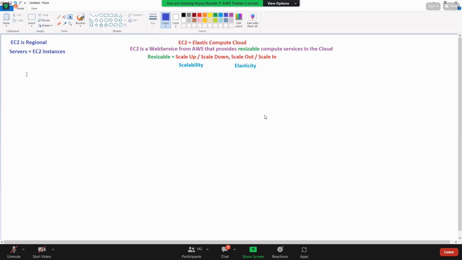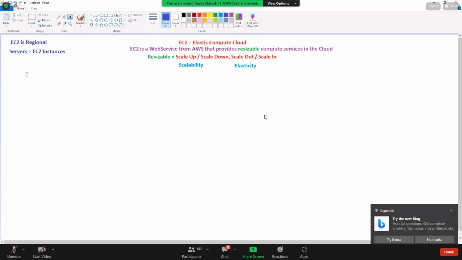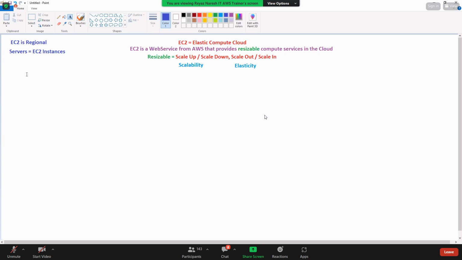Just imagine, how about AWS? AWS is a very big business guy, so there are so many different types of customers. One customer will come and say, hey AWS, I want to launch an EC2 instance. AWS will say, okay, go ahead and launch the EC2 instance, and pay for it. Good. And in AWS, the billing on EC2 instances will happen